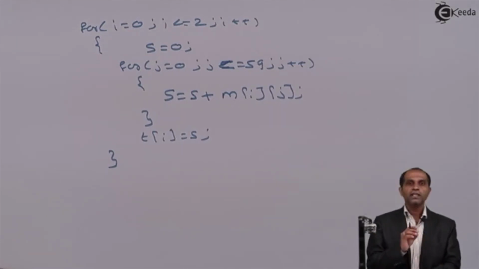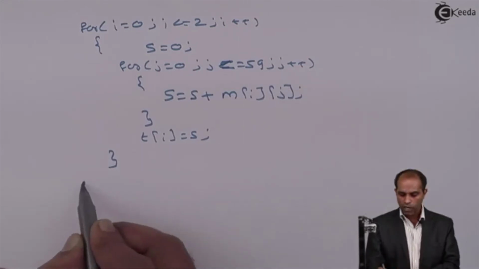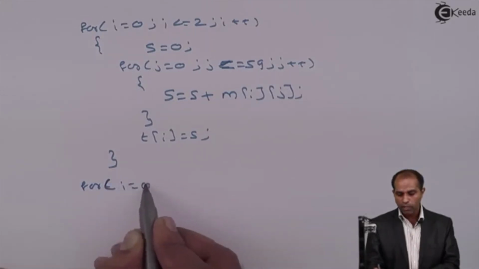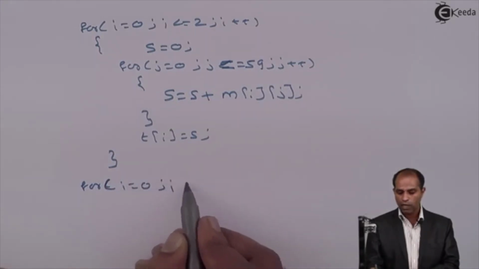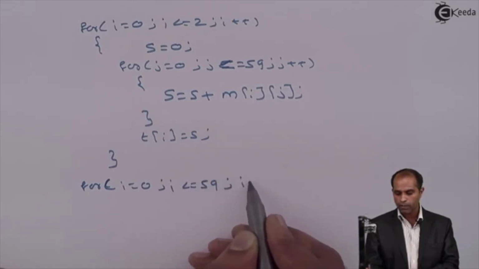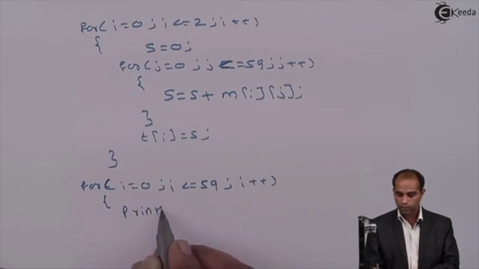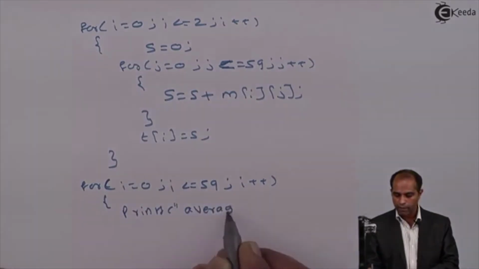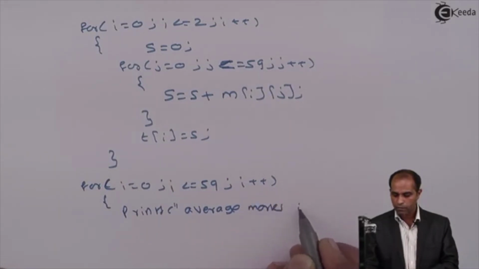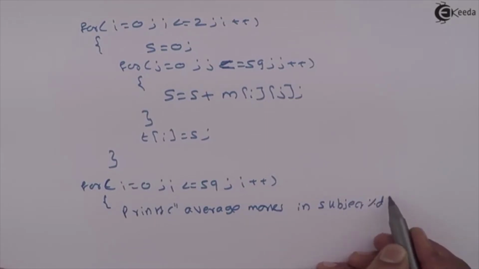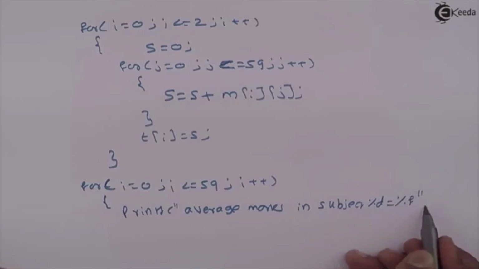Now, the last part is to display the average. How to display the average? For that, I need to go for one more formula. So I'm asking you to do the display operation for each and every subject. The average marks: i equals 0, i less than or equal to 2, i plus plus. So I'll say printf("average marks in subject %d, that is i plus 1, equals %f",